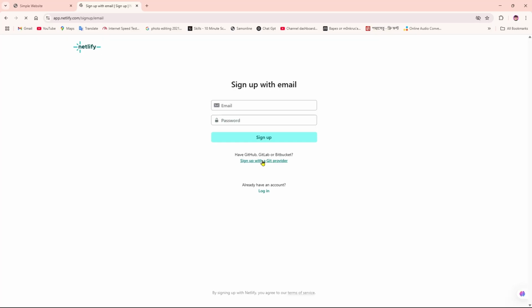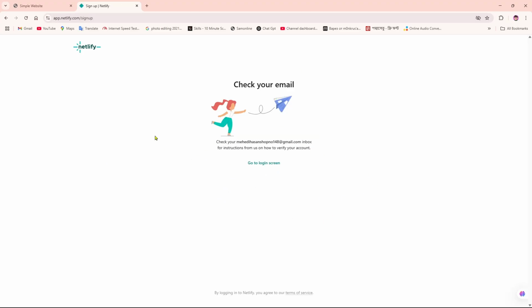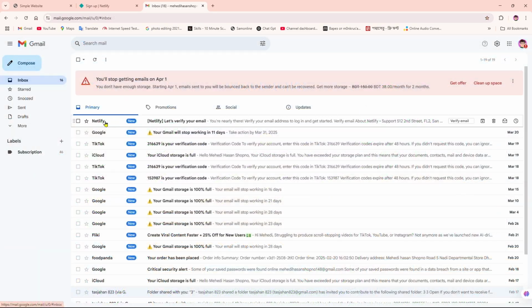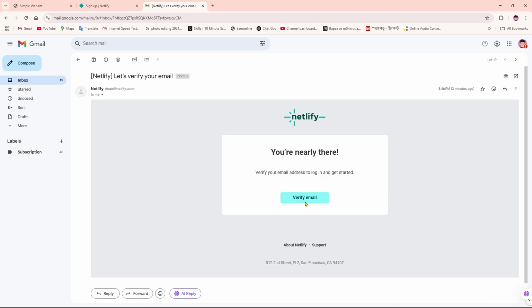sign up with email. So we click on that, and then here I'm going to provide my email address, and then I'm going to give my password and then sign up. And then here you can see there will be a check your email option, so I'm going to go for our Gmail. And then here you can see it is showing to verify your email. So if you click on that and click on verify email,